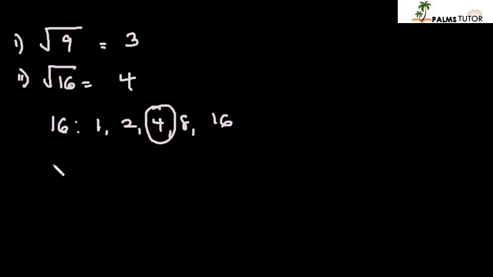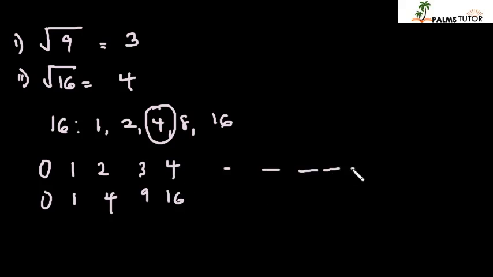There is a table for finding square roots that's already been listed in the 4-figure table, but you may have to use a calculator in some cases to find the square root of some numbers. But I advise, like I said, that some simple perfect squares, it is advisable that you memorize them. Perfect squares are squares of integers. So square of 0 is 0, square of 1 is 1, square of 2 is 4, 3 is 9, 4 is 16, and we can go on and on to 15, which is 225. You can learn more if you are an overachiever, and it will help you to calculate more easily.